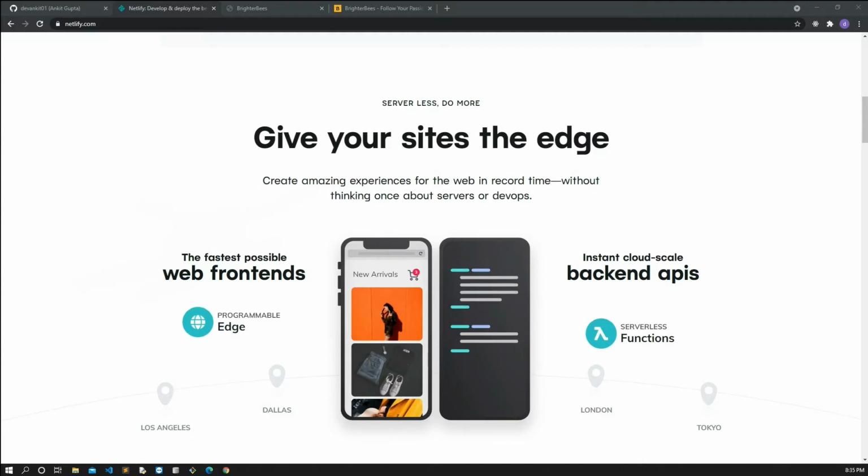Today we are going to talk about how we can host our static website online for free. For hosting our website, we will use two platforms. The first one is GitHub and the second one is Netlify, which is a hosting platform. You can host a static website that includes HTML, CSS and JavaScript files. You have to create your account on both platforms.